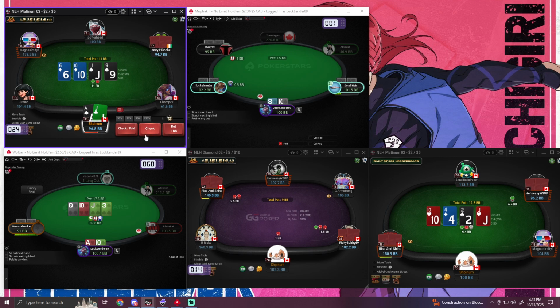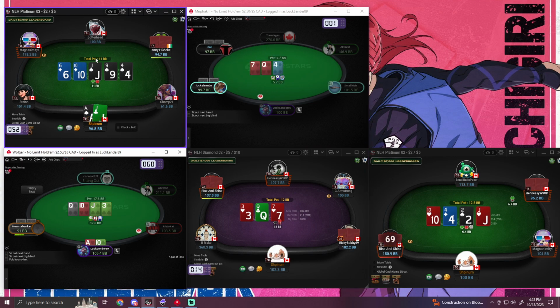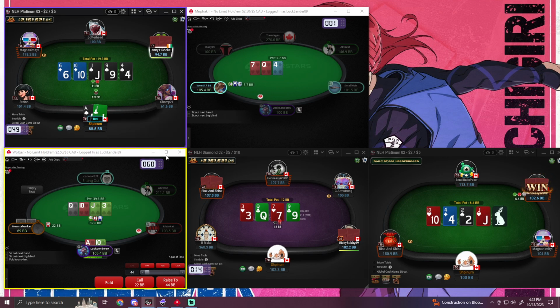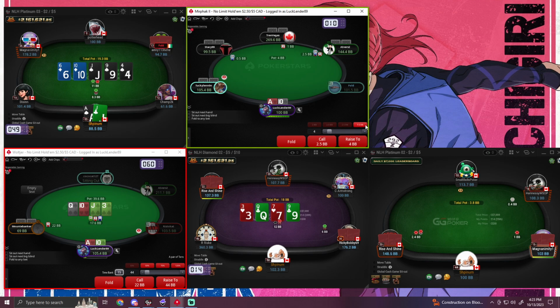Interesting that he's choosing to raise on this board texture. Probably should just fold. I mean, he's never bluffing this texture. I don't know how correct this is, but we went for the check this time. Blocking some of the calling range, I guess, with the ace-10 of spades and stuff. Obviously going for value on the river. This is kind of a weirder spot, because if he bluffs, I mean...